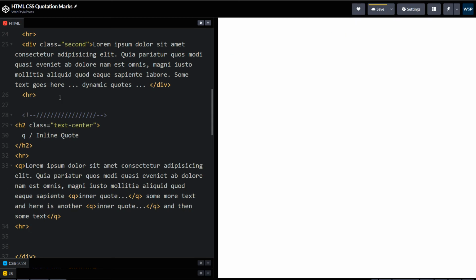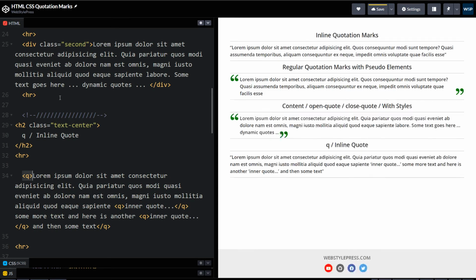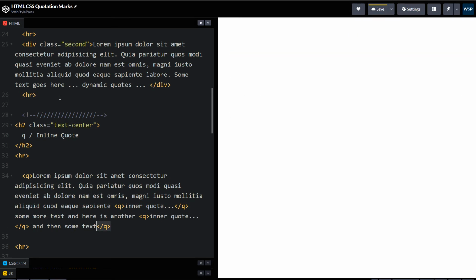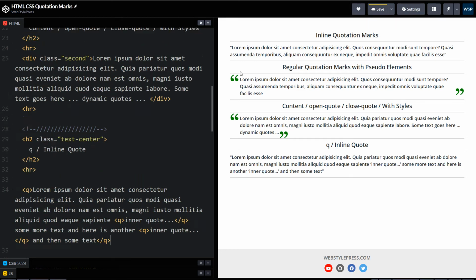Now there's a Q tag that is an inline tag in HTML. And you see we didn't use any CSS for this, and we just used our Q tags here. Q tag starting and ending Q tag, and then there are a bunch of Q tags with the text inside this. These are nested Q tags, and we didn't use any CSS here, but you can see quotation marks here, double quotation marks at the outer side, and for inner quotes we can see single quotation marks.